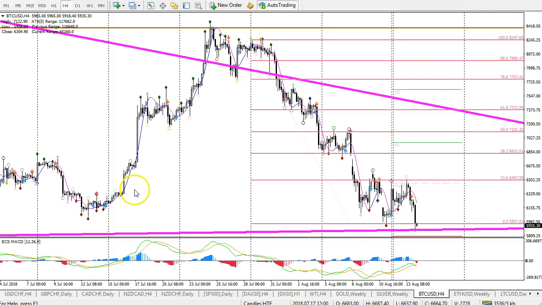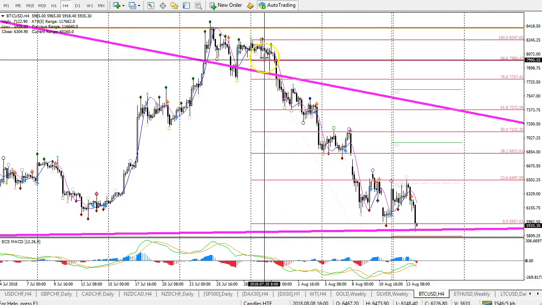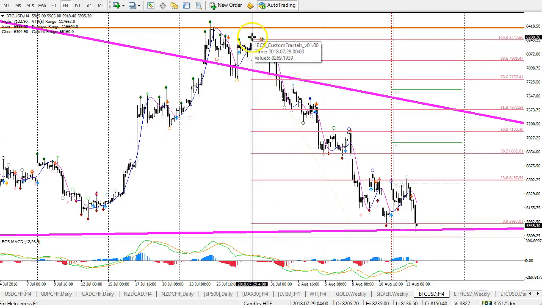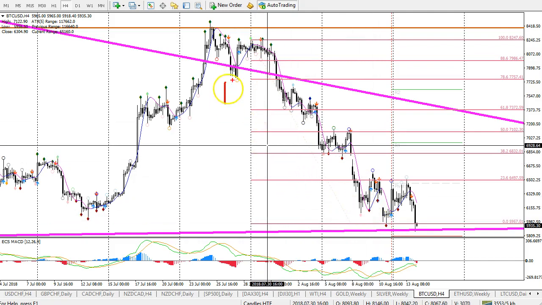This is the Bitcoin 4-hour chart, and we can see that price is showing strong bearish momentum at this moment, and this is probably wave 3. We had the fib last time from this top to this bottom, indicating a potential wave 3, this being perhaps wave 1, 2, 3. That's why we have the fib there. And price stopped twice at the 23.6 fib at around